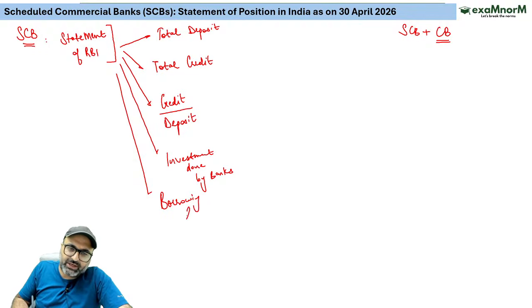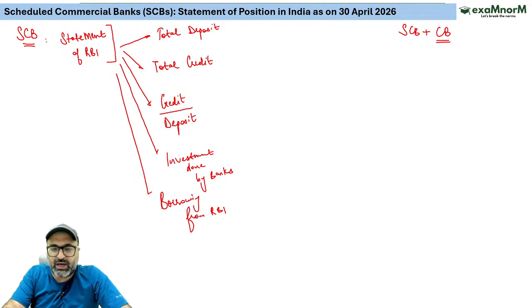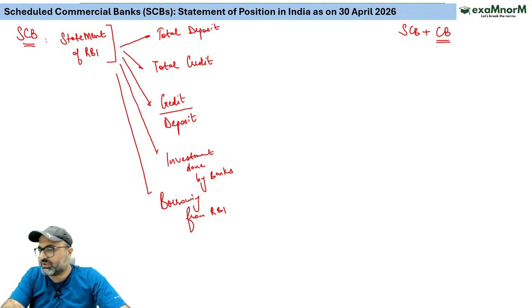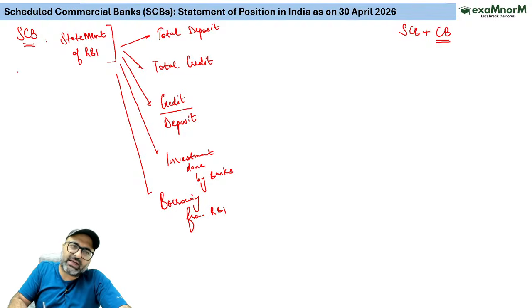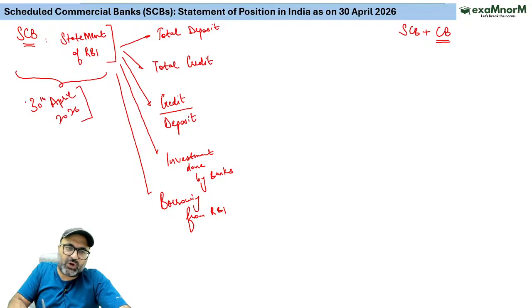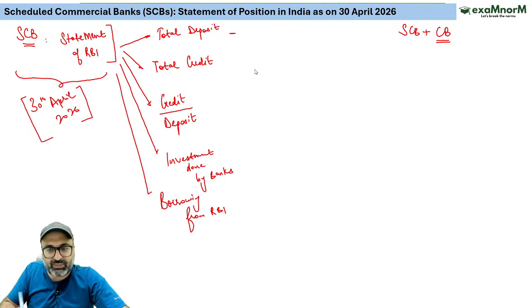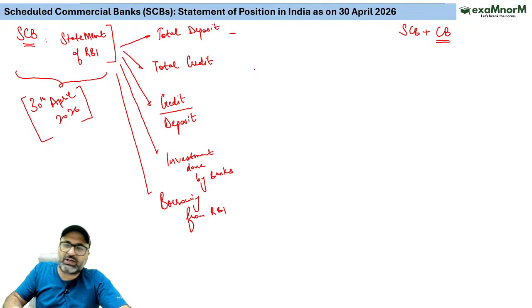बोरोइंग्स फ्रॉम आरबीआई मतलब कितना पैसा बैंक्स ने बोरो किया from RBI, so that we can understand what is the current situation of the banks. So these are the information which you need to note down. So this data is really very important. डायरेक्ट क्वेश्चन पूछा जा सकता है that as of 30th April 2026, what is the total value of deposits with the scheduled commercial banks? With the scheduled commercial banks, then my answer would be, sir, it is